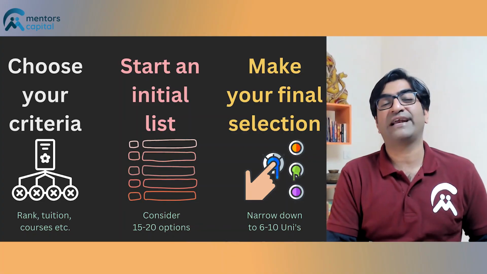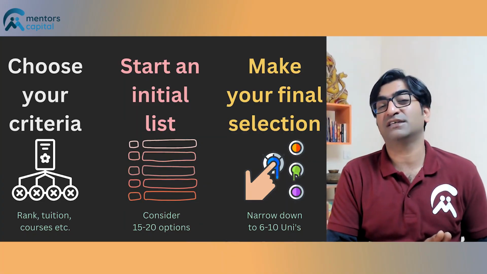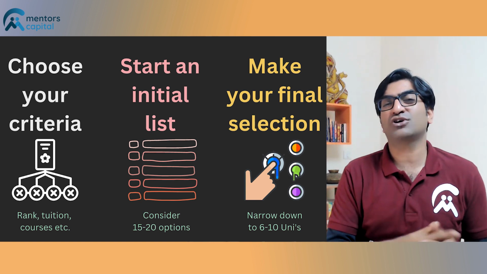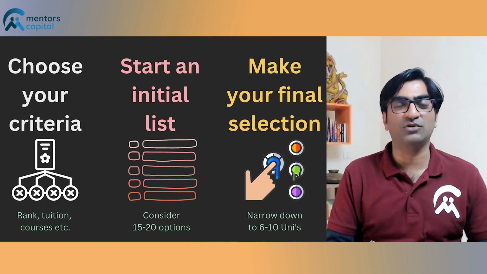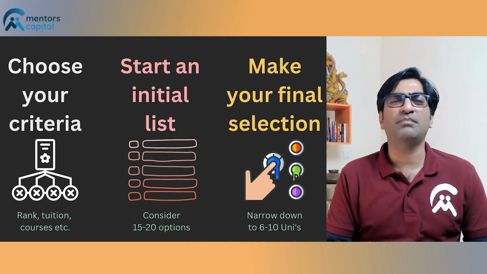Well, three-step process. Number one, consult rankings, maybe speak to a few seniors and friends, and put up a longer list of universities, right? But to do so, you need to first start with a list of criteria, right? Now, this is a gray area, but I'm sure speaking to friends, speaking to family will help you at least fix up a few important criteria.